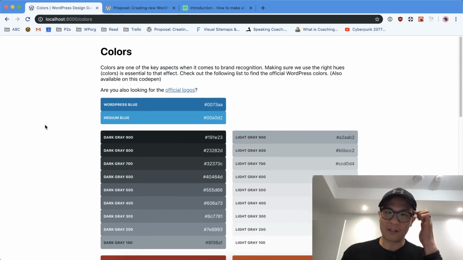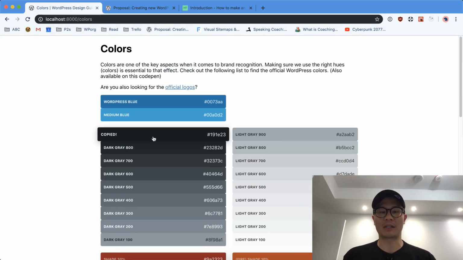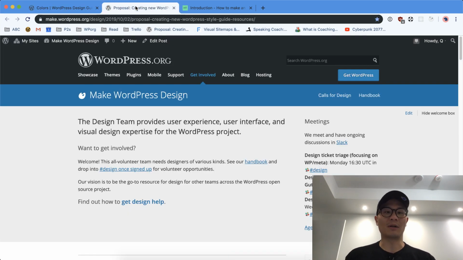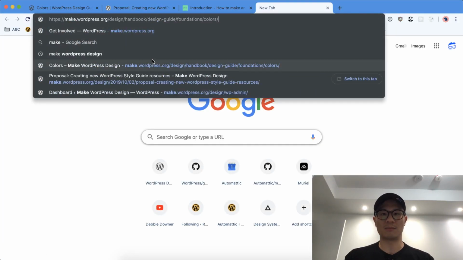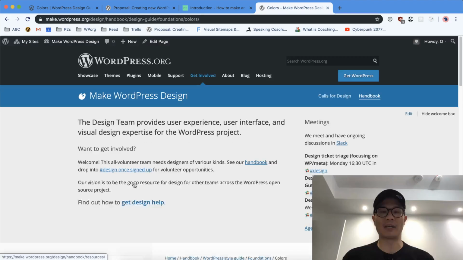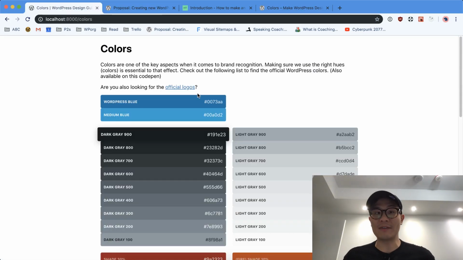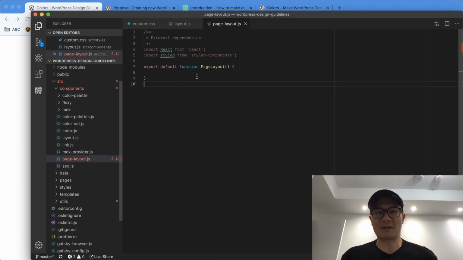Cool. So I'm working on developing this site right now. It has all the colors that we can see on screen. We can click to copy it to your clipboard, which is great. So what I would want to do now is actually build the UI around the website, meaning the top bar and also the left-hand bar, similar to this thing on make.wordpress.org. So we need to build this top bar and this left-hand bar for navigation purposes here. And before I even do that, as I started to do this, I created a little component here,